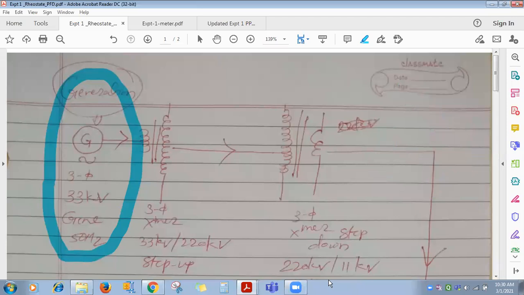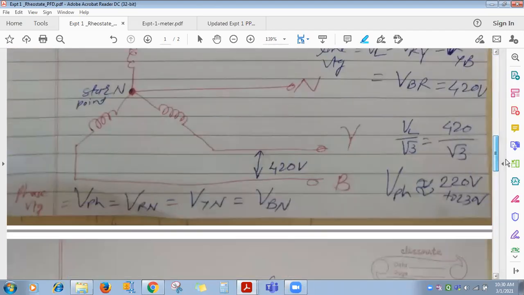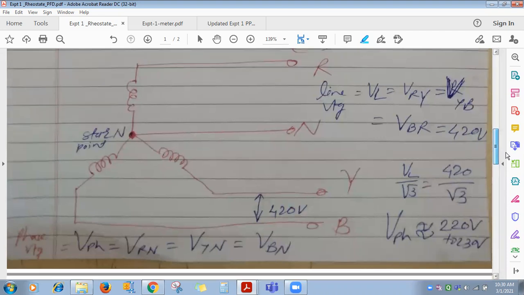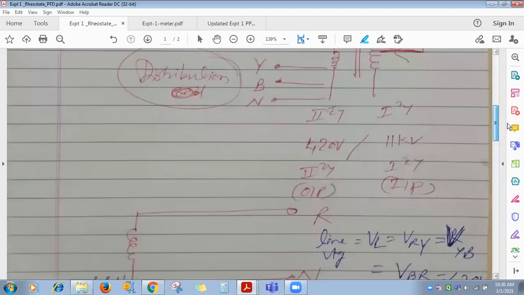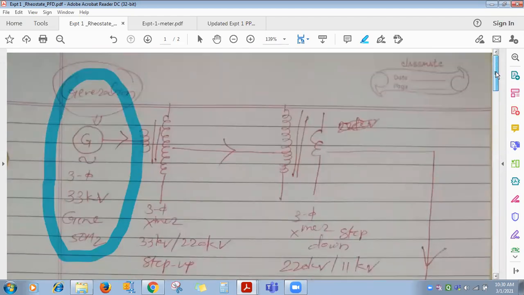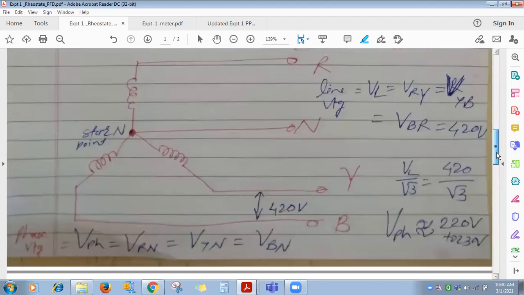Okay, what is one phase and three phase? That I am explaining to all of you. For that, this is the power flow diagram I have plotted. From this, it will be clear to you what we mean by three phase and what we mean by single phase. Clear? Okay, got it. So see here, I'm explaining it right now. Please concentrate. Still, if you don't get it, then ask me.